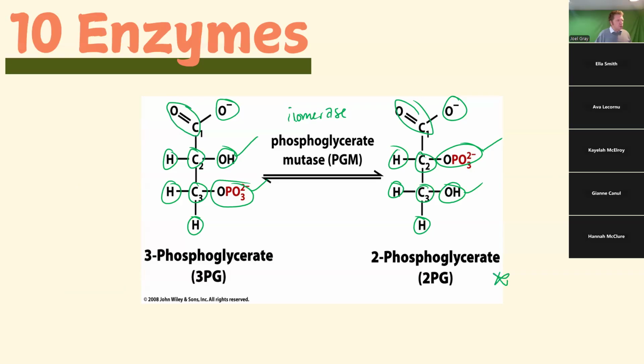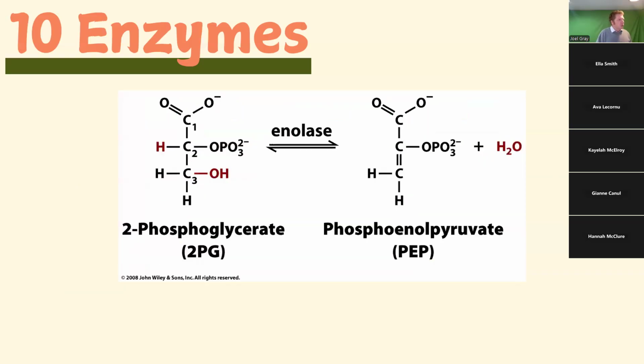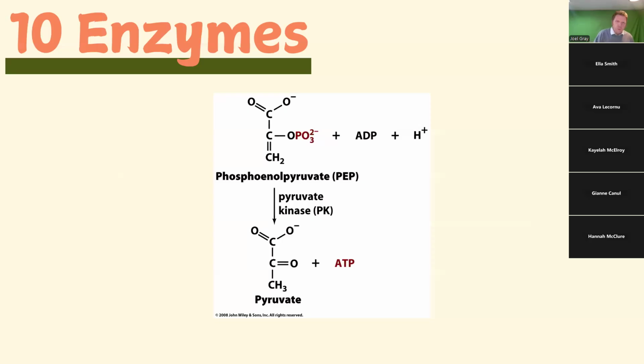Our 2-phosphoglycerate right here is going to be used to then remove an H and an OH to produce water. That gives us this high energy compound known as phosphoenol pyruvate. Phosphoenol pyruvate is basically our second to last step right before what we want, and that is pyruvate. So when we remove water from 2-phosphoglycerate, we make phosphoenol pyruvate. Phosphoenol pyruvate in a singular direction